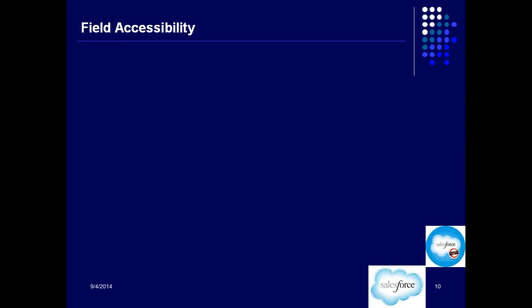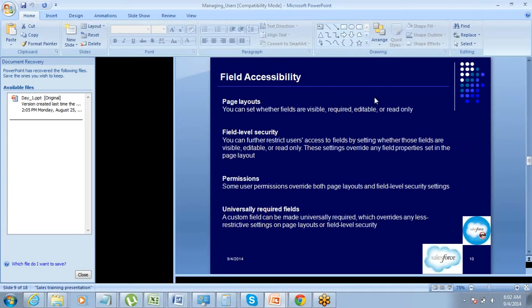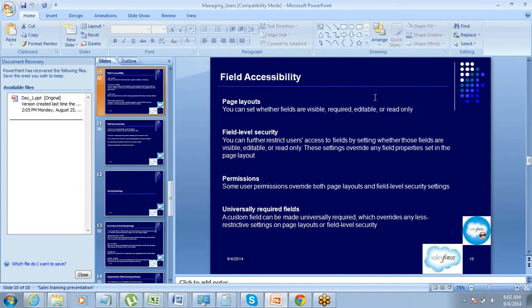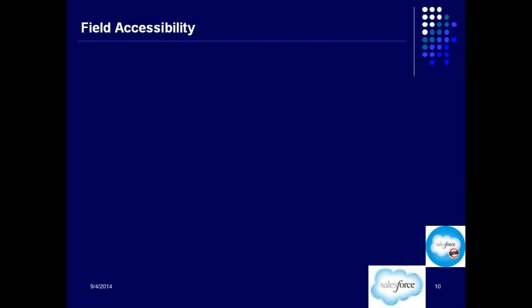Now talking about field accessibility. We have seen applications, objects, security, all those things in the profile and the permission set. Now there is the concept of field level security. How do we control access to the fields?